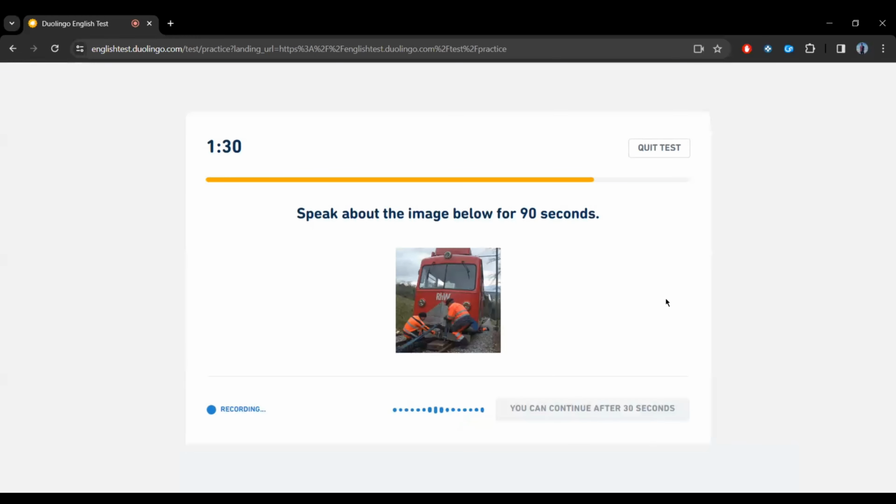Okay. This image shows two people working in front of the stopped train. The train looks like it is at a halt because of some issue that has been caused. Two people are looking right in front of the train, trying to look for some kind of error. Mostly it looks like the error is right in